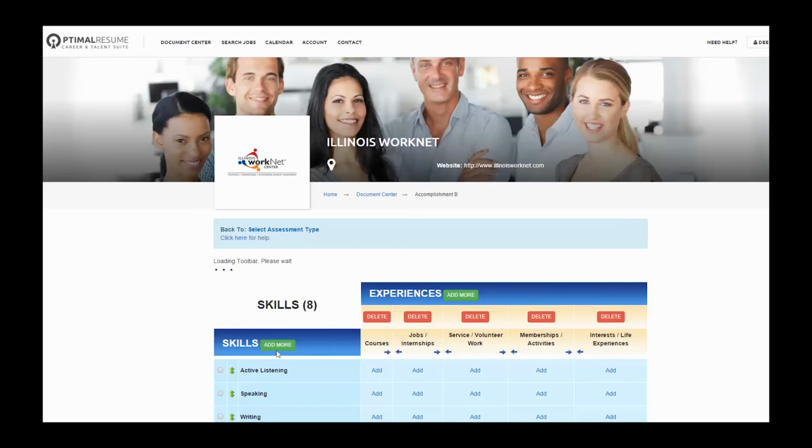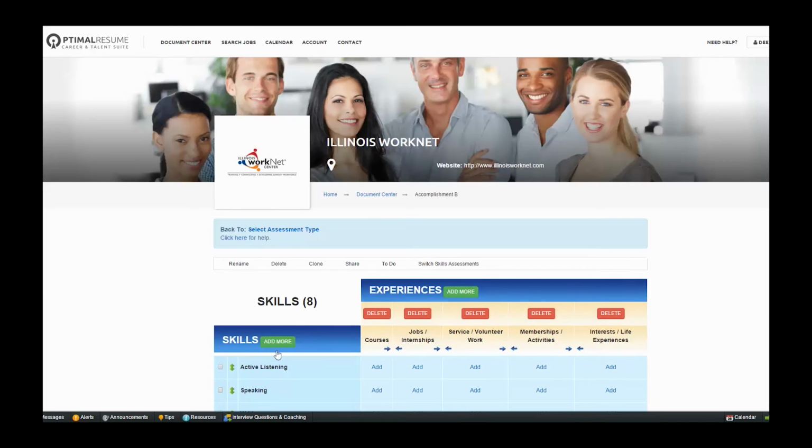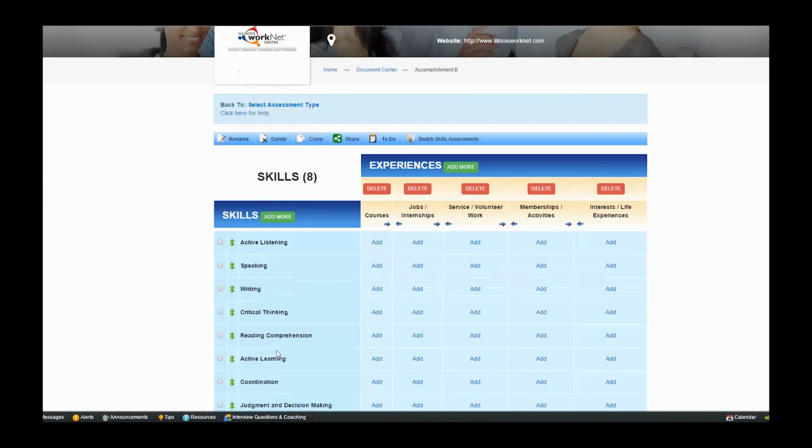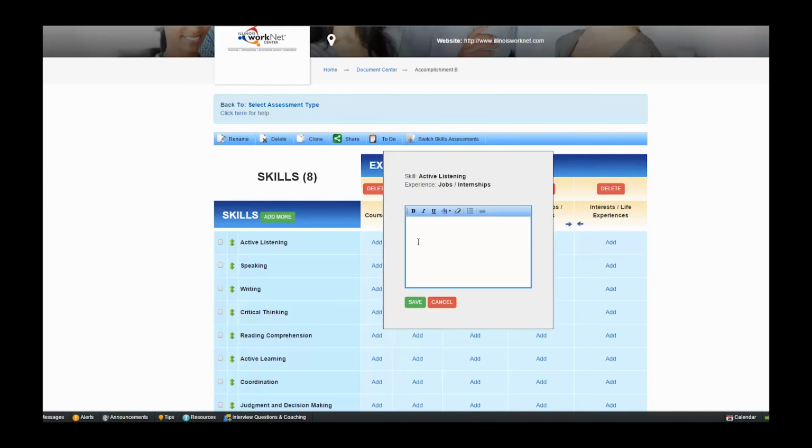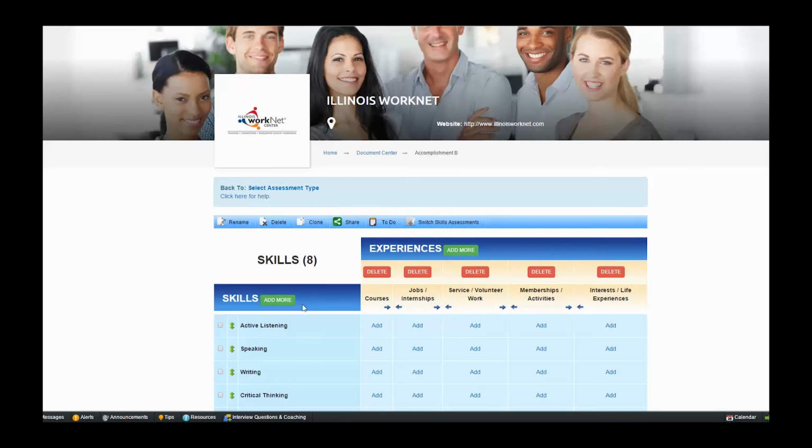Just like the previous section, you can add descriptions about these skills and abilities. They may be different from the original set because these are specific to the job you just selected.